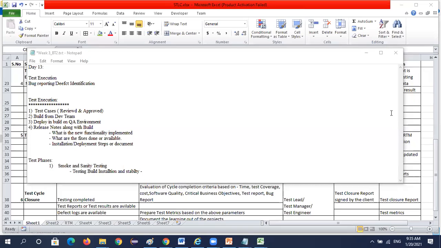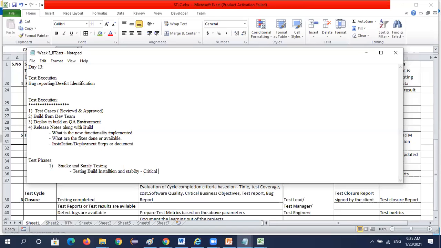So whether the installation steps they have provided work, whether the build is installed properly or not. Okay, we will verify all those things. And for stability, if you come across any crash in the application, or the installation is not done properly, that is a critical issue, right?